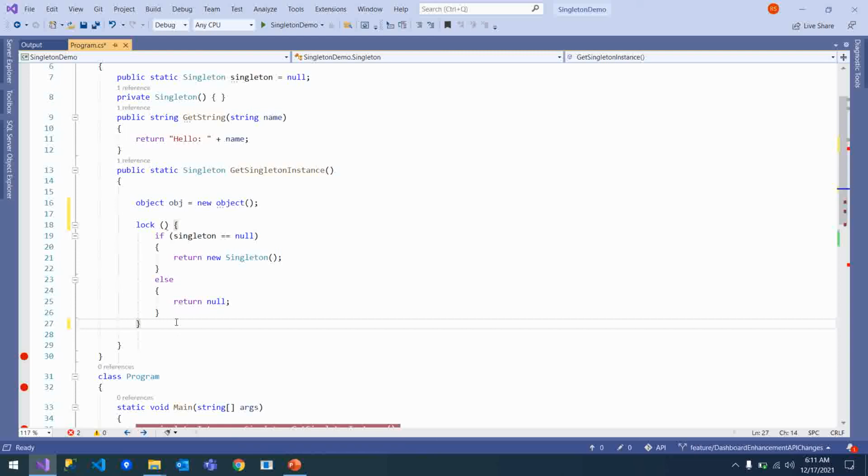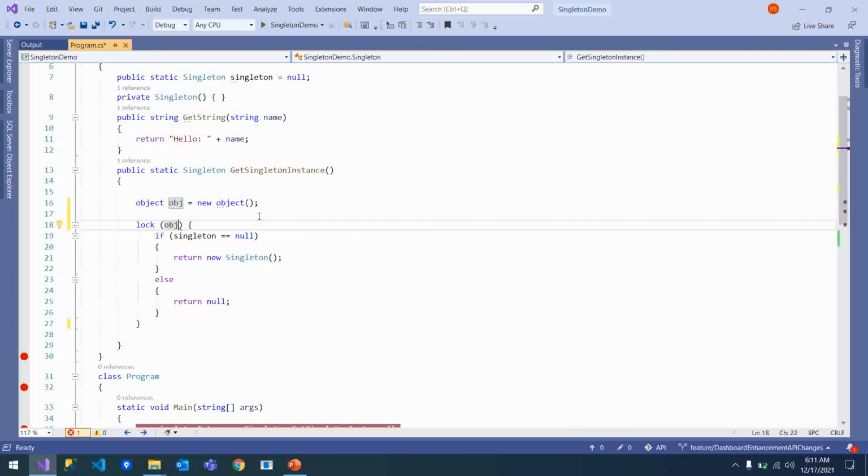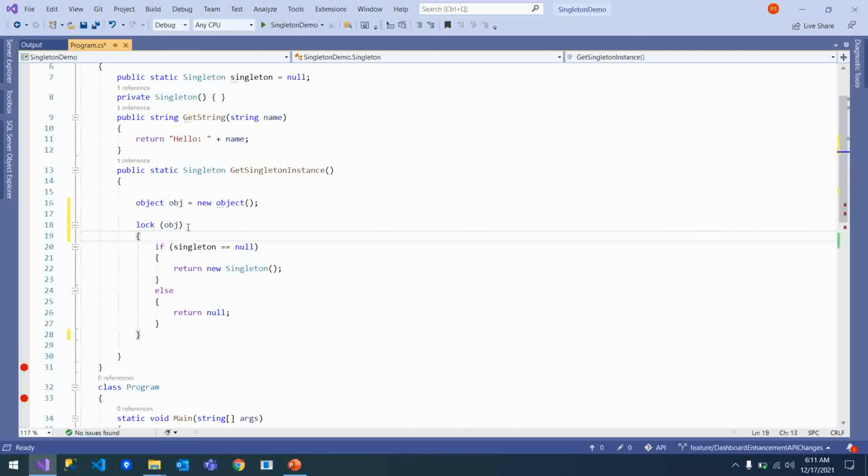So to lock, we have to create one object. On that object only, lock will be provided. Whenever multiple threads are trying to come inside this lock block, they will check whether this block has this object. If they have the object, they will come inside. It is like a token.